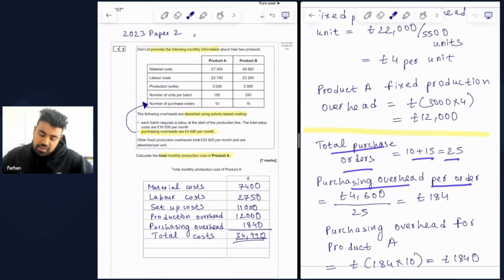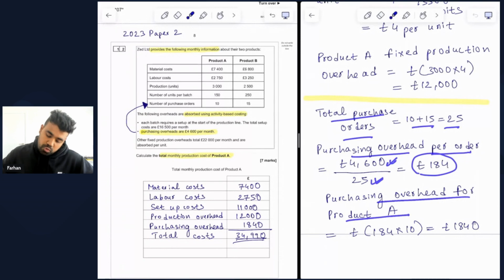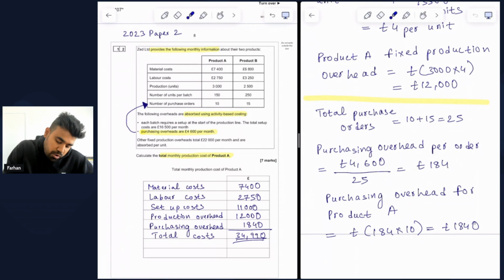So I take the total purchasing overhead of £4,600 that we were given and divide it by total purchase orders of 25, which gives us £184 as the overhead per order. If I want to find the purchasing overhead for product A, we take the cost per order that we have just derived, which is £184, and multiply it by 10, which is the number of purchase orders for product A. On that basis, the purchasing overhead for product A is